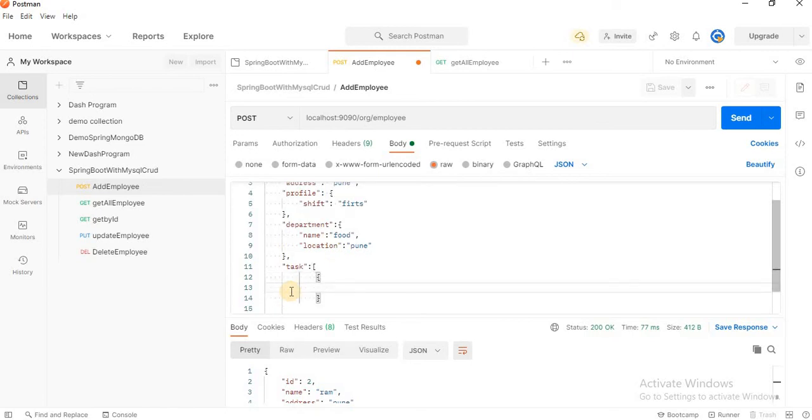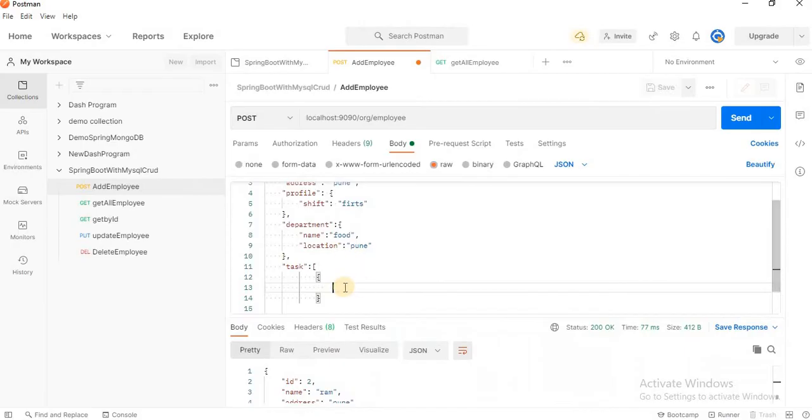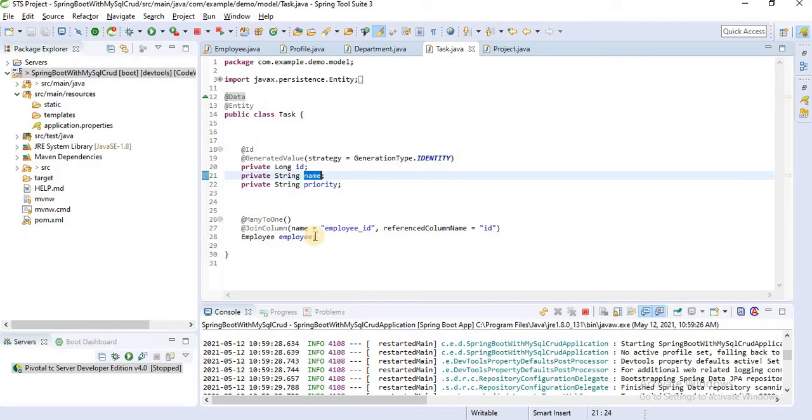Here our first task. Let me go inside task, and here you can see name and priority. Let's copy name, double quote name. You can give task change text. Okay, and the second one is priority. I will copy this priority.